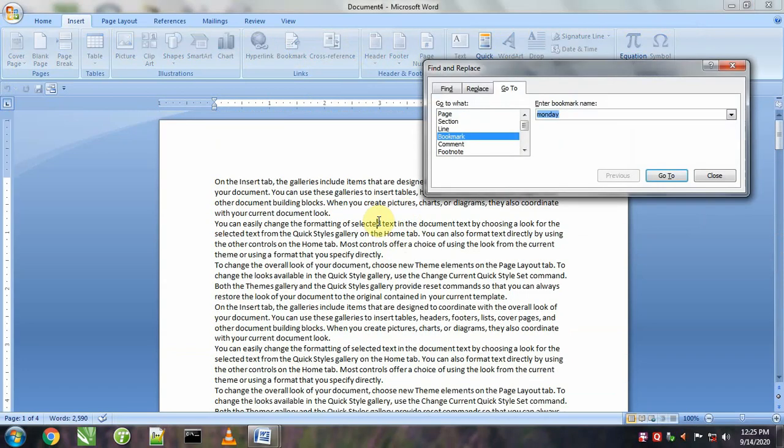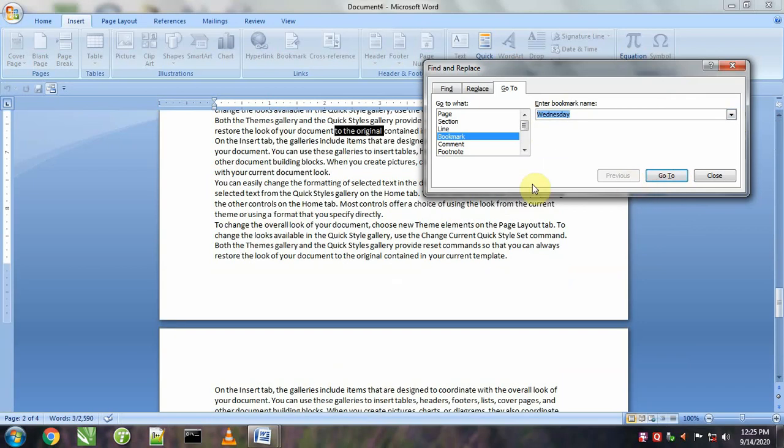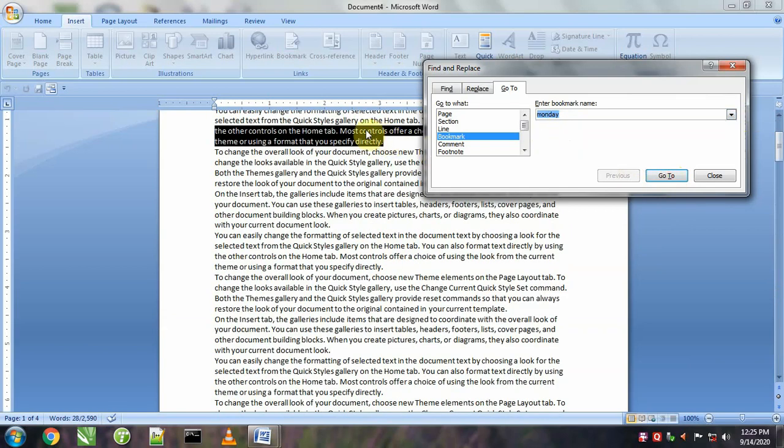Now if I want to look at all these bookmarks one by one, or I want to visit them, I will press Ctrl G and say bookmark and select the bookmark of that day. I will say show me the bookmark on Tuesday. It's okay. Show me the bookmark of Wednesday. It will bring me to the Wednesday bookmark. And show me the bookmark of Monday. It is the Monday bookmark, meaning on Monday I worked on this document up to here. So like this we can visit with the help of bookmarks also.